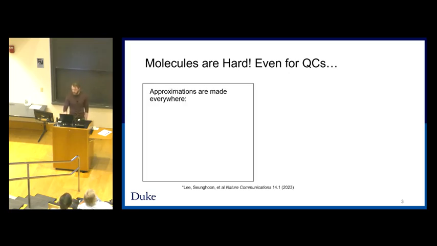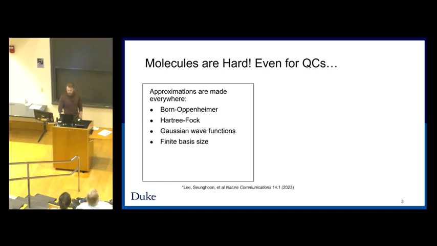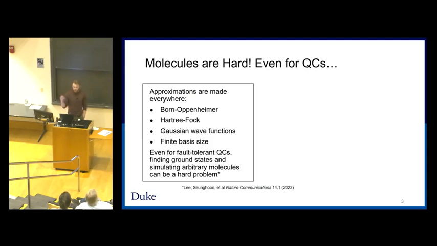which is why a large number of approximations are often made: the Born-Oppenheimer approximation, which will be relevant to this talk, Hartree-Fock bases, Gaussian wave function bases, cutting off at a finite basis size, and a bunch of other things that I probably don't even know about. And these approximations are going to be made even for fault-tolerant quantum computing algorithms. And even when we do make those approximations, it's often hard to find ground states and simulate